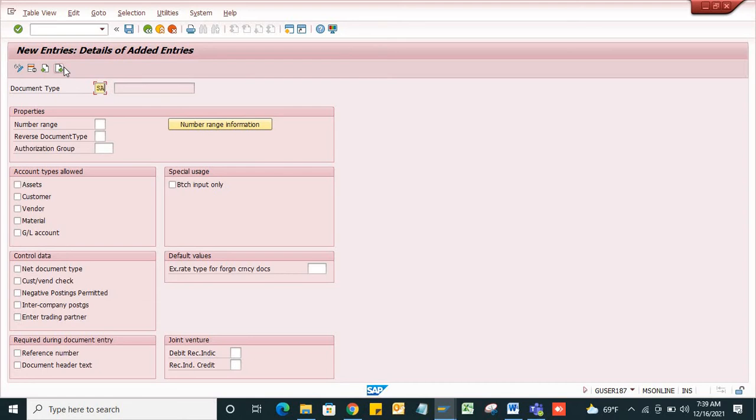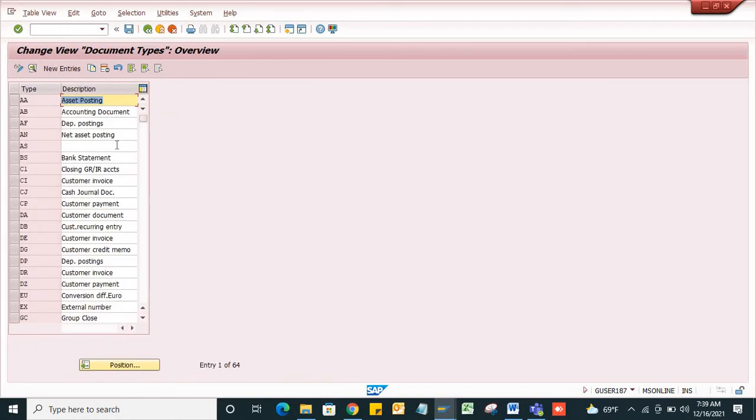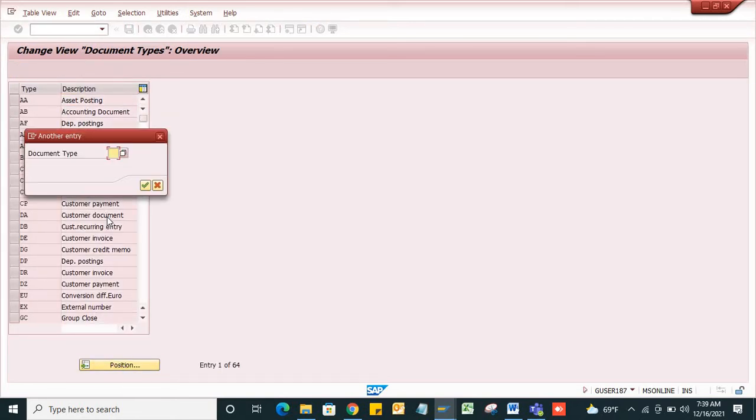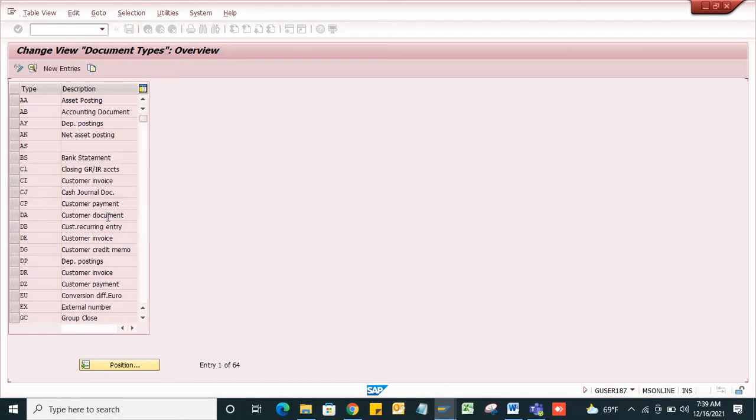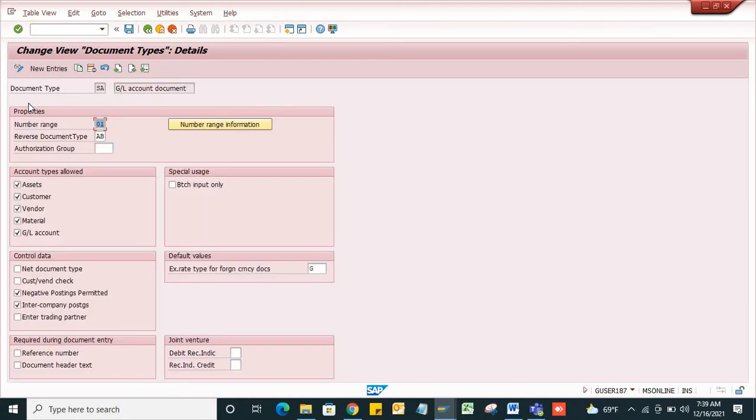It seems the SA document type already exists in the system, so I'll go to position and locate my SA document type. Yeah, here my SA document type has been located.